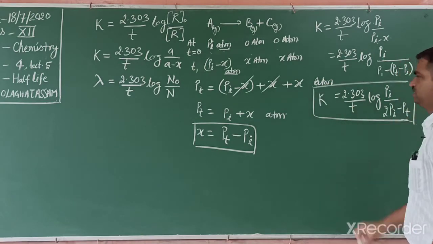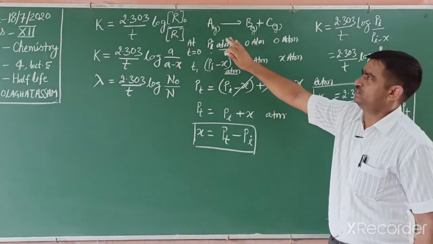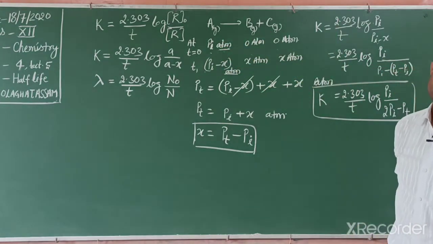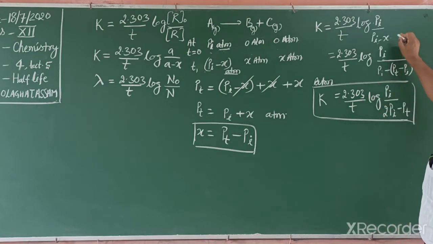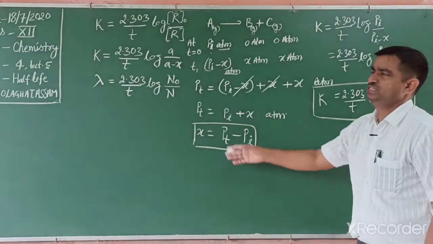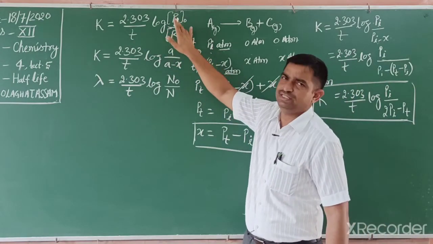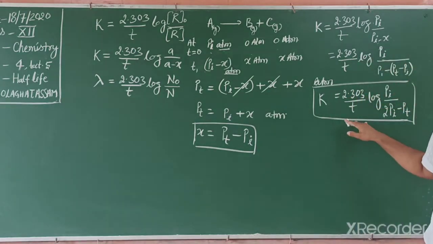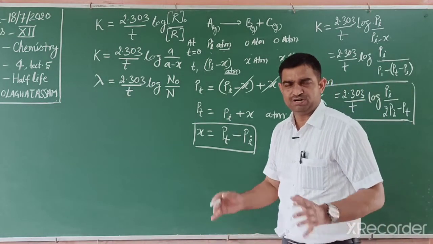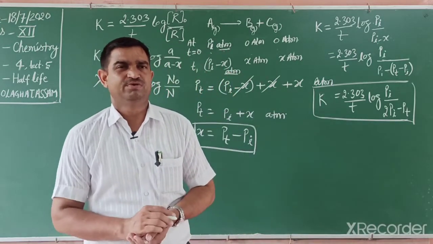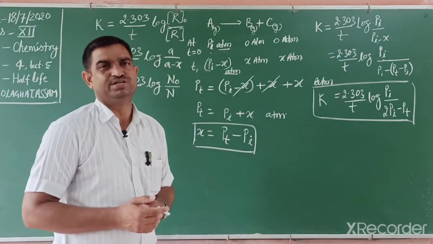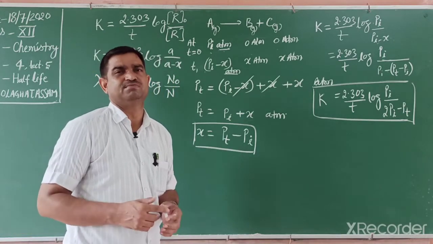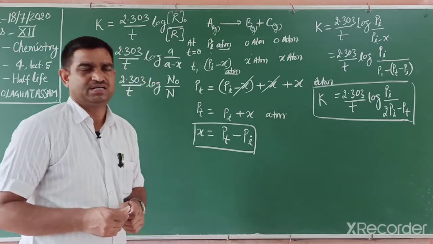So this is another equation. If a reaction occurs in this way, where one gaseous reactant decomposes into products, we can write this equation. Actually this is a first order reaction, we take only the reactant, but since the pressure given is total pressure, we have to identify this numerical. Students, in your NCERT book a numerical is given. See that numerical thoroughly, because that numerical comes in exams many times. I can show the numerical.